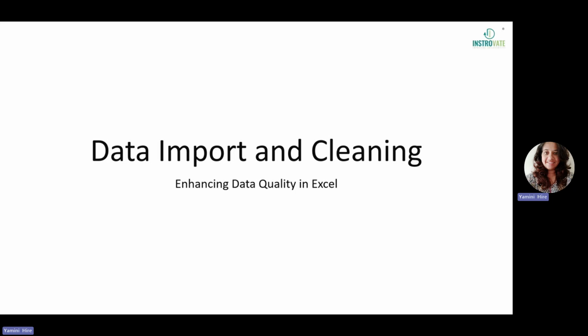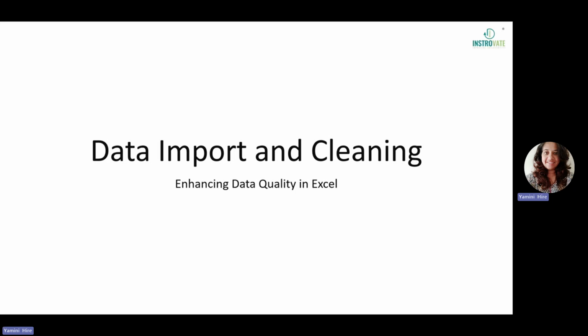We need to maintain the integrity of the data before getting insights from it. Otherwise, if the quality of the data is not good, then we will not get correct insights from it, right? So in this module, we are going to discuss importing data and the data cleaning